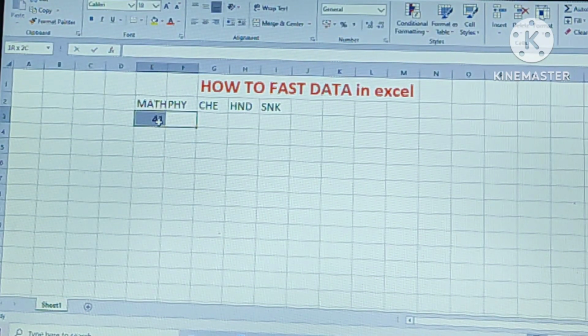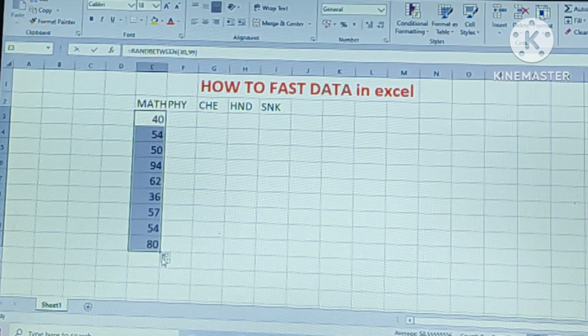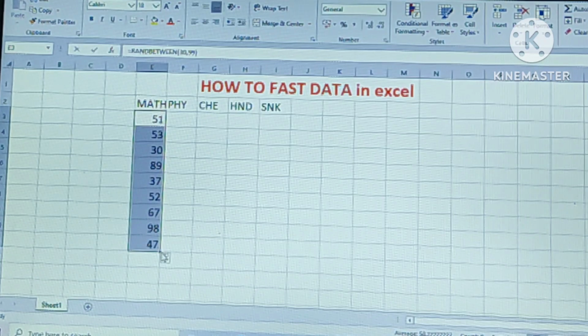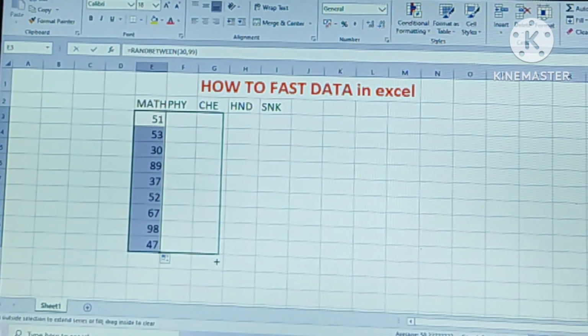You can see, guys, click the plus arrow key. You can see, guys, and click, next click, next click. You can see, guys,